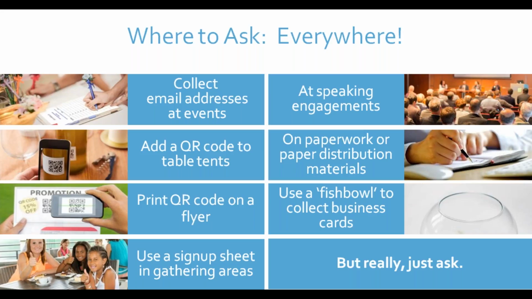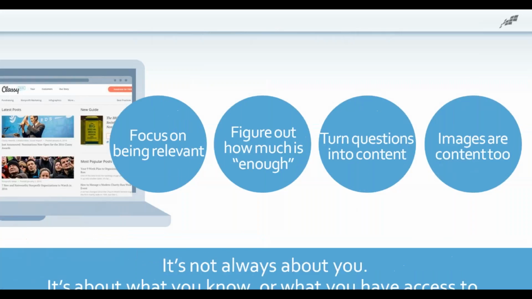There are plugins for Facebook, and I think there are, I don't know exactly, I'm going to say 16 different free plugins that Constant Contact provides. So you just follow the little instruction. This is what you put on your website. This is what you put on Facebook to collect this information. Seriously, ask everywhere, because the person you don't ask might be the person that has the family trust that they want to donate to your organization. And that one person could be that 1 in a million. So you need to comprehensively ask everywhere.